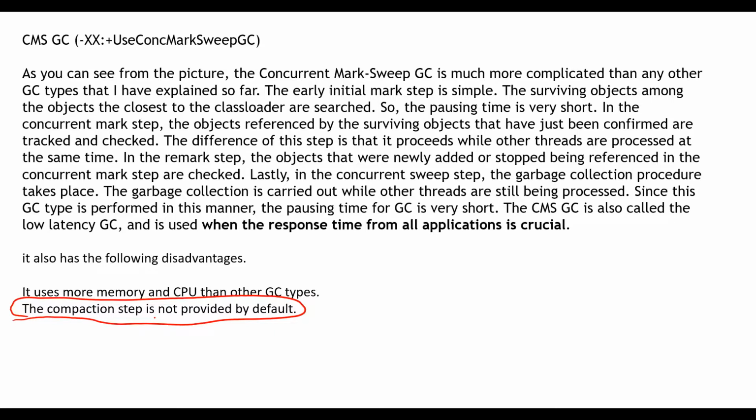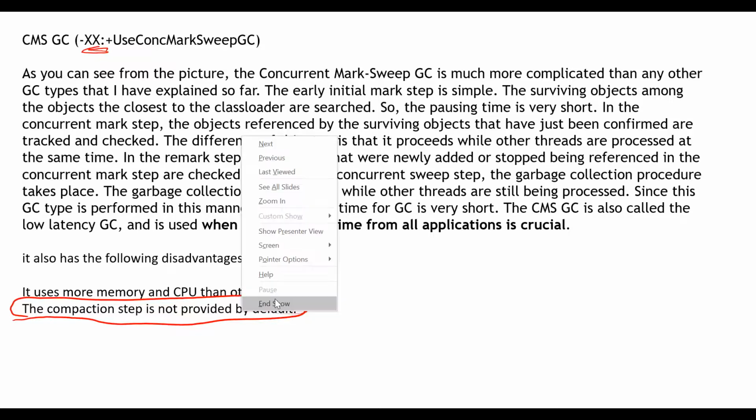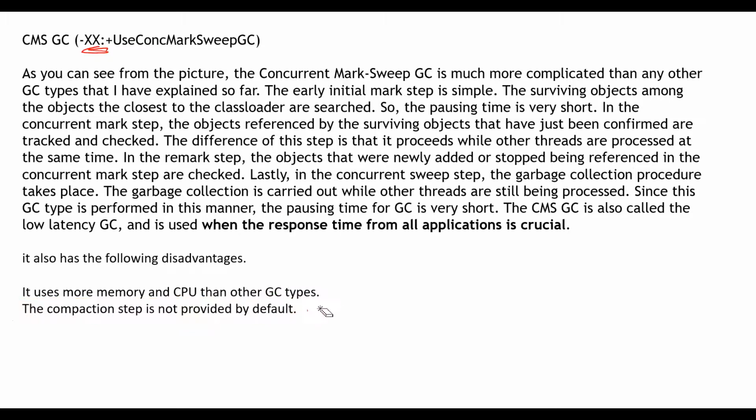So there are again JVM parameters like -XX, just as one is used for concurrent mark sweep. You have to specify the compact option, something like that. I don't exactly remember the name now. Just keep in mind that CMS doesn't compact the memory space automatically. You need to give a specific parameter for that.